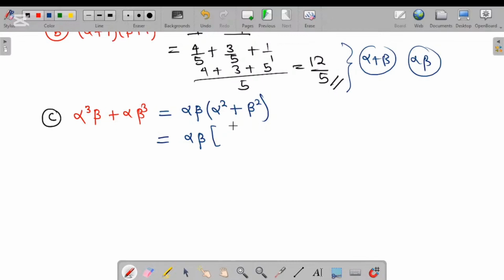Because you still have to break it down to contain these two. This thing must enter into your head. So if you do that breakdown, you are going to get alpha plus beta all squared minus 2 alpha beta. That's what we said up there. Okay, and so you are done. Now everything we have here is in terms of alpha, beta, and